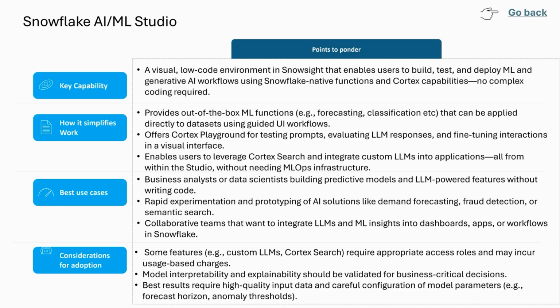Users are able to leverage Snowflake native functions and Cortex capabilities without any complex or detailed coding required.